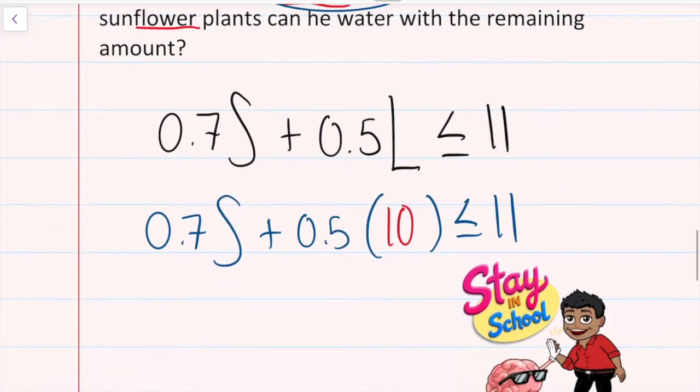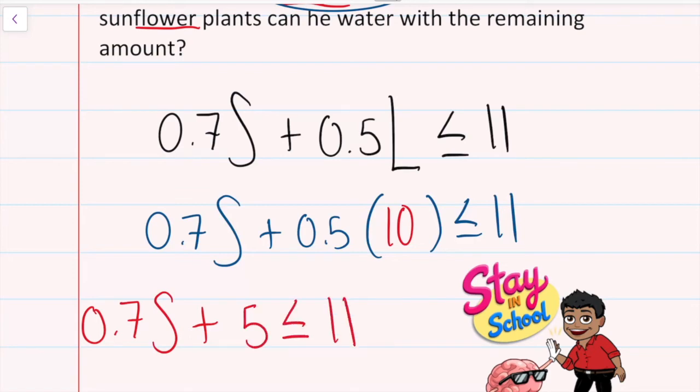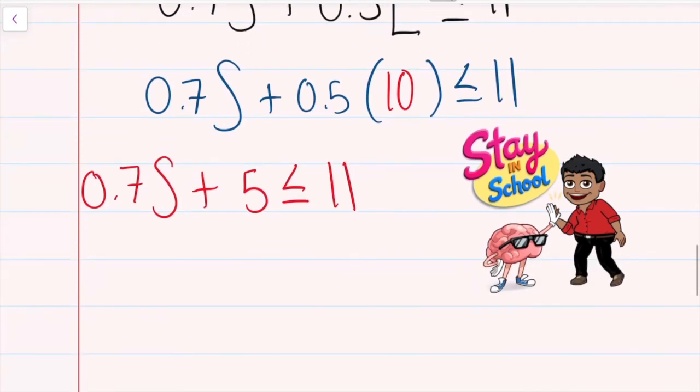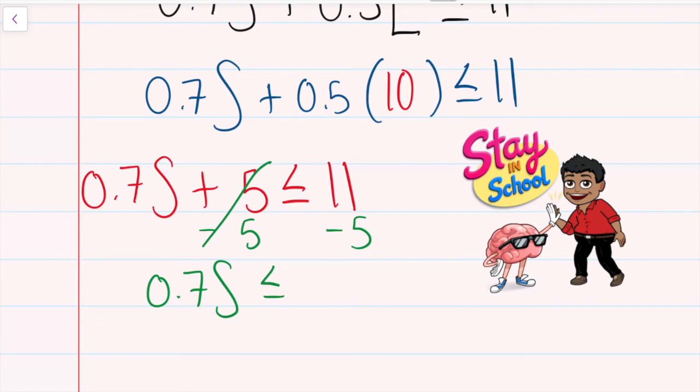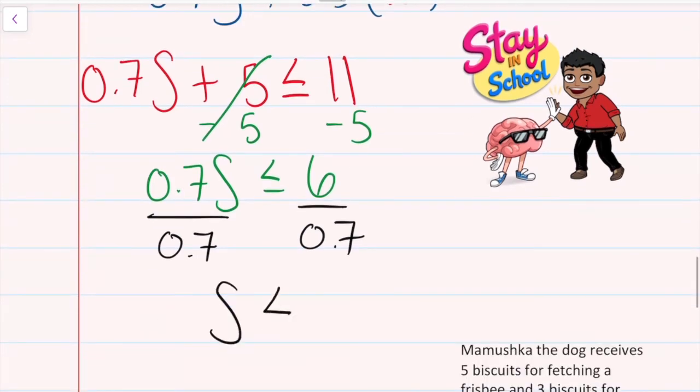Okay, guys, time to use some math. We cannot do anything with this, so let's just bring it down. That will be 0.7S plus, what's 0.5 times 10? That's just a 5. Less than or equal to 11. Let's solve for S and see what happens. Let's move what doesn't have the letter S to the other side. 0.7S is less than or equal to 11 minus 5. That's a 6. And then when we divide by 0.7, we'll use a calculator here. 6 divided by 0.7, that's actually S is less than or equal to